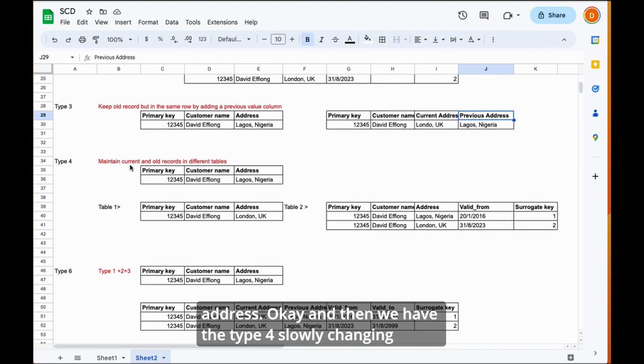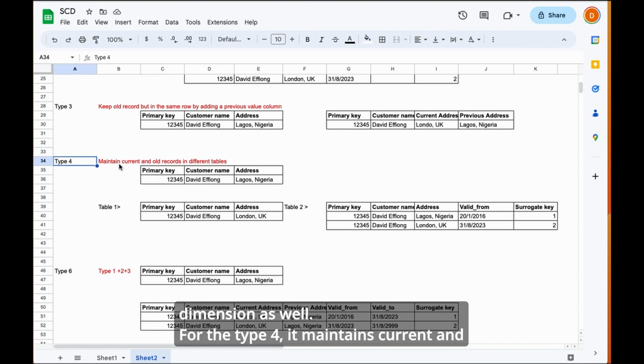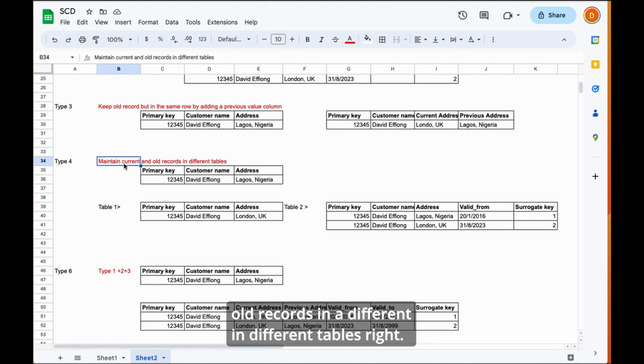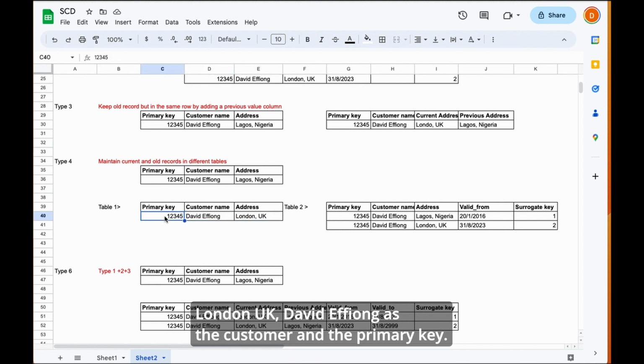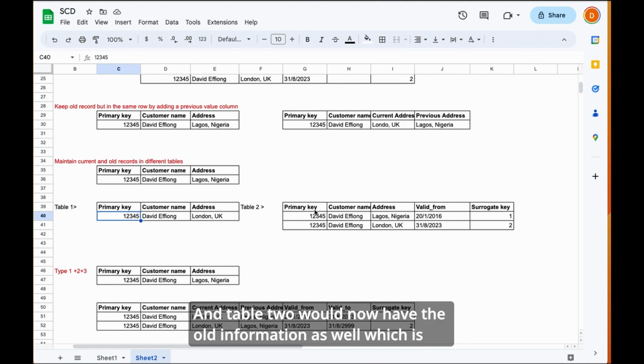Okay, and we have the type 4 slowly changing dimension as well. For the type 4, it maintains current and old records in different tables, right? So this is our existing table. I change my location to the UK. I'm just going to have now 2 tables that would have these 2 changes. Table 1 would change to my new location, London, UK, David F. Young as the customer and the primary key, and table 2 would now have